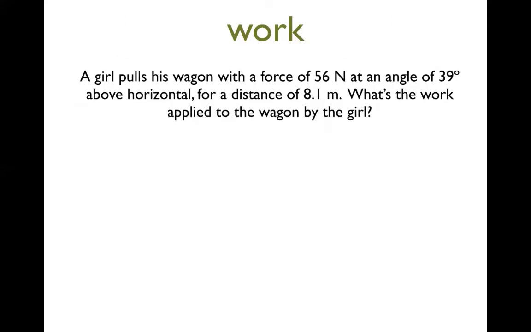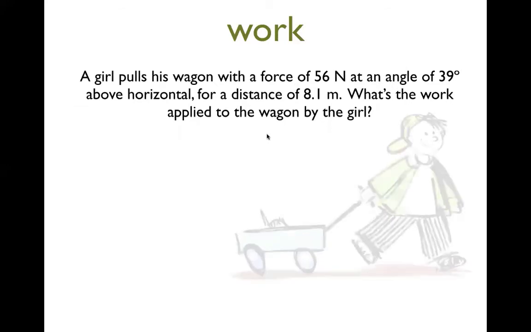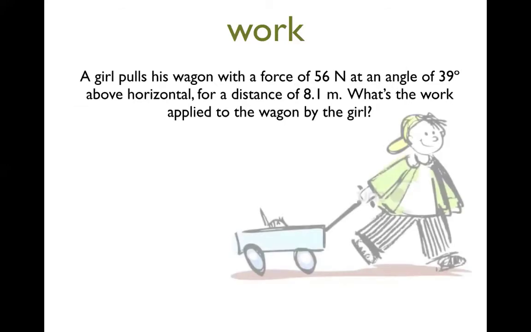So a girl pulls a wagon with a force of 56 newtons at an angle of 39 degrees above horizontal for a distance of 8.1 meters. What's the work applied to the wagon by the girl? So I should have written down here first, that's the scalar version of work,